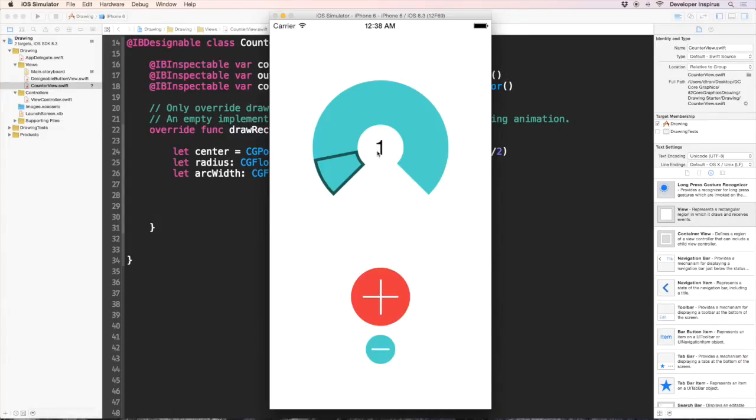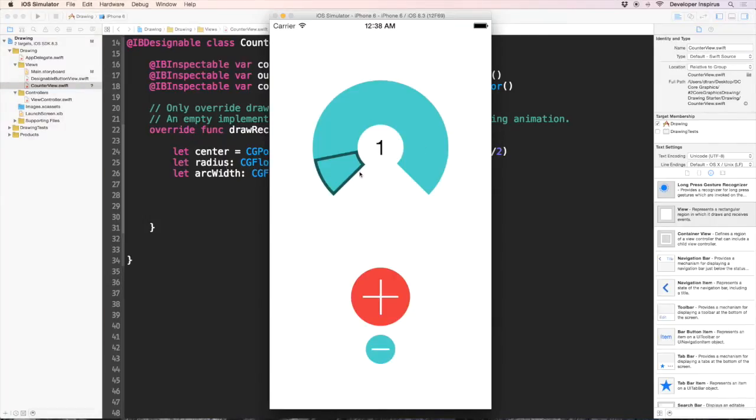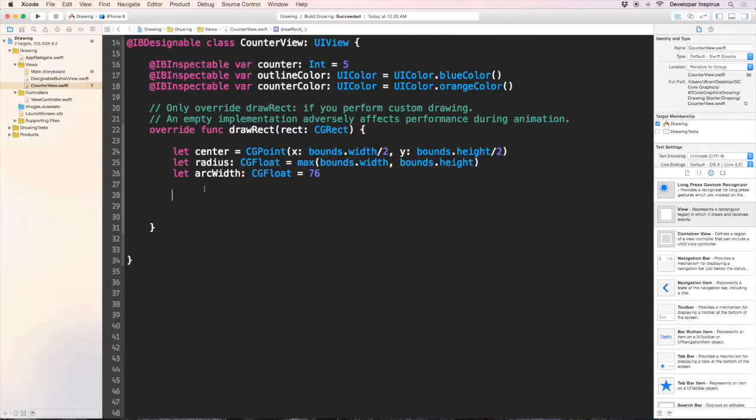You still remember UIBezierPath, and it has a method that we'll use later on. Now we don't have to specify a starting point and an ending point, but we will need to declare a start angle and an end angle. Things get a little more complex here. This is the center point, and now we want a starting angle. We will use pi, and with pi the angle is in